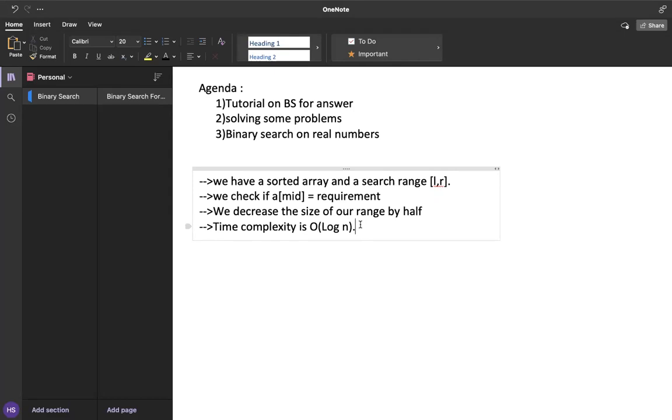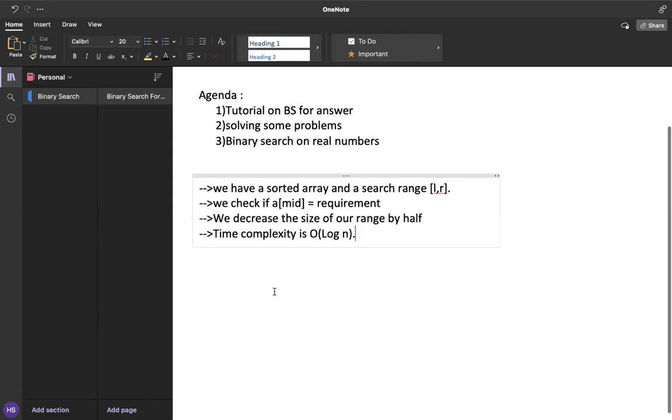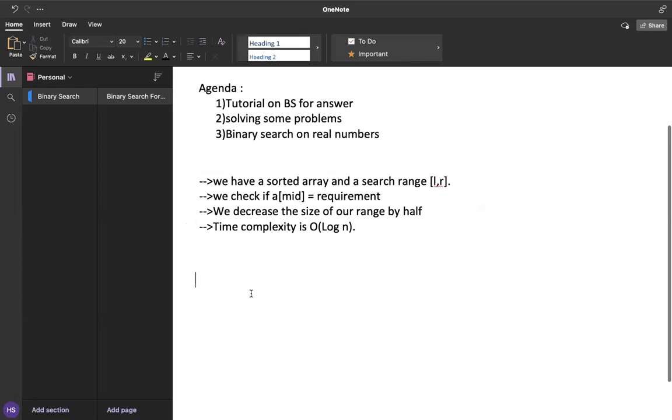Now let's start with the topic for today, which is advanced binary search or binary search for answer. So right now we just saw that if we have a sorted array, then we can search for any element in big O of log n time, right?